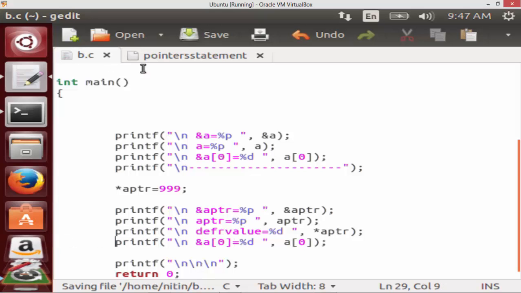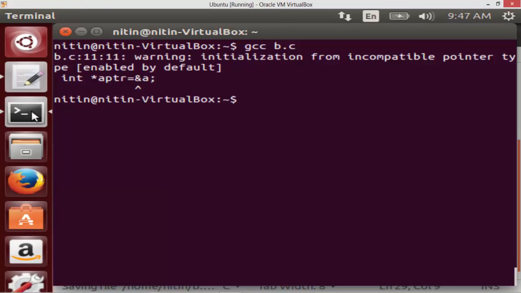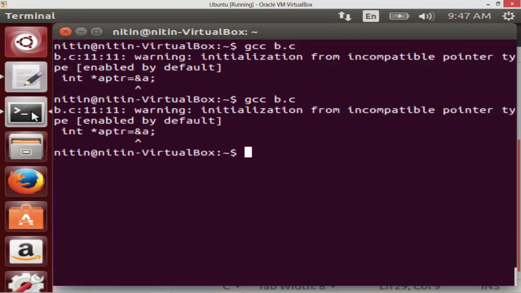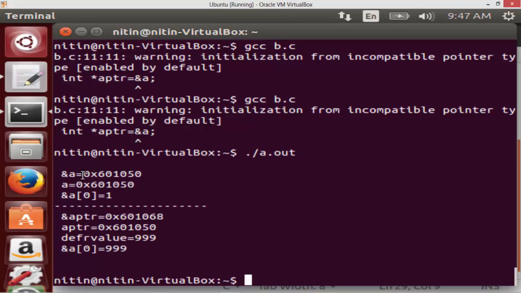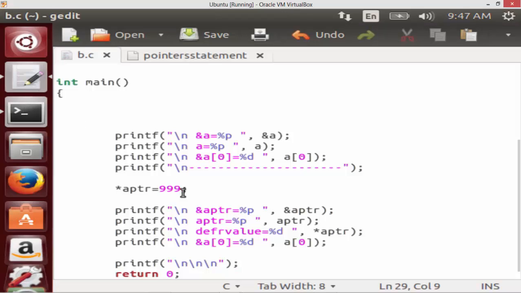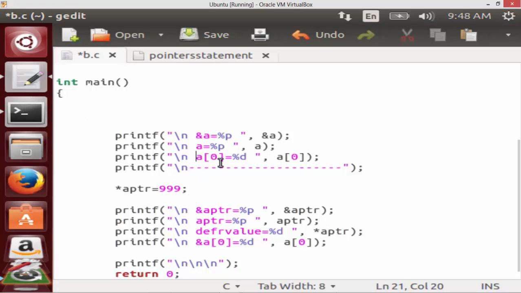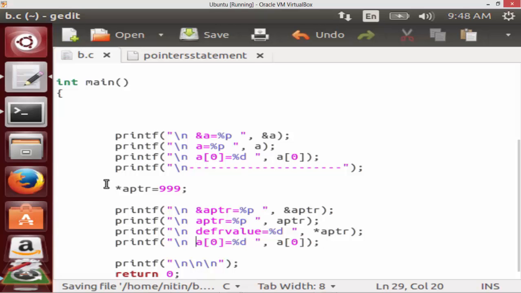Let that warning be there. Let me make the display statement proper: this is my a[0], not &a[0].